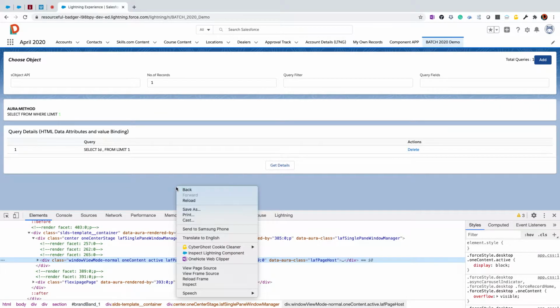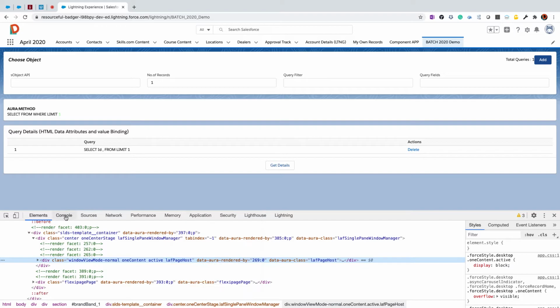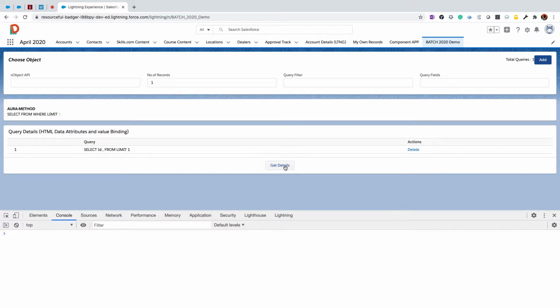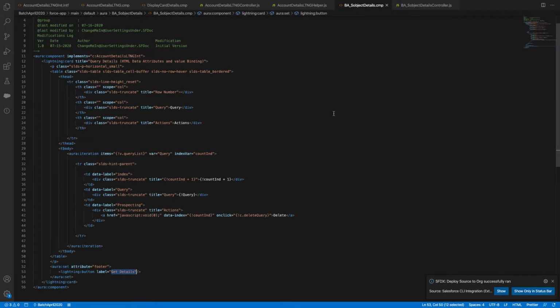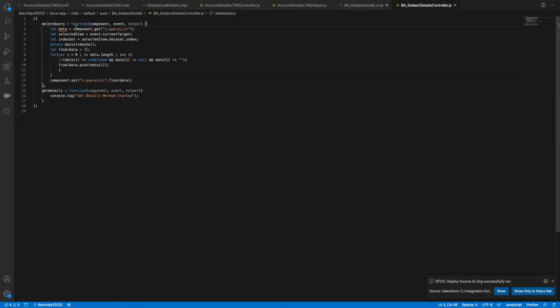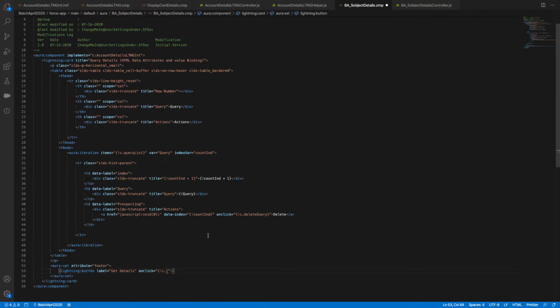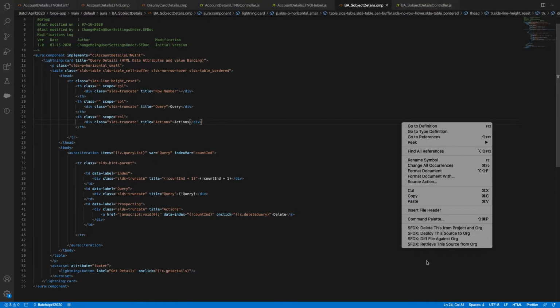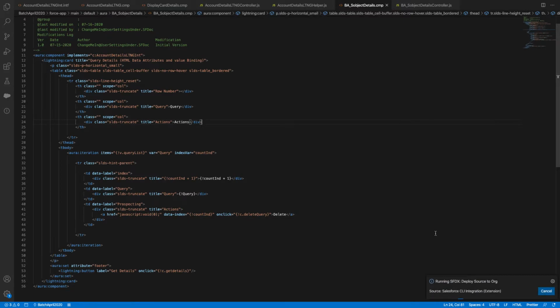You need to right click on your browser, then inspect, and then go to console. On click of this, you have to get this information. We didn't get it. So what happened? Because we never called our onclick event with a formula expression on your namespace c dot and your get details, your action name. So here you go.